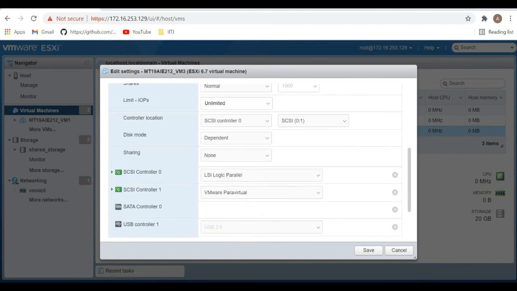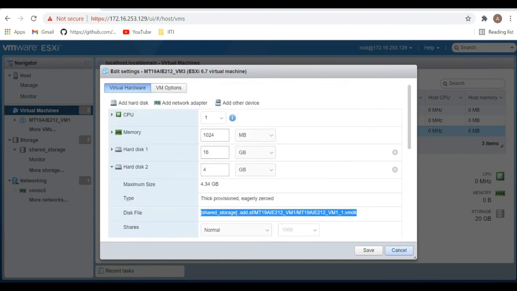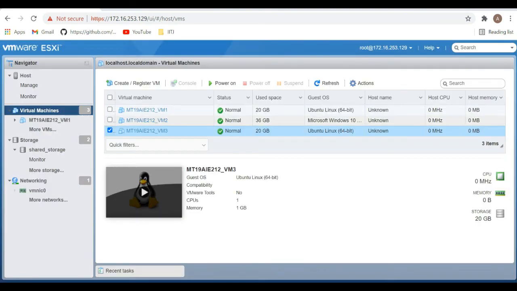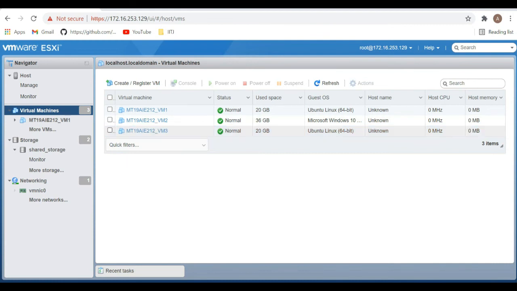The controller has also been specified, and the same has been used. Yeah. So this is how we can achieve storage level virtualization across the different VMs when we are adding any hard disk to it, and we want that hard disk or that partition space to be shared across the VMs. This is how it can be achieved.